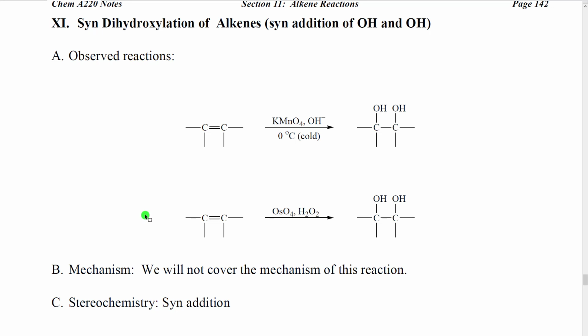We can also do syn dihydroxylation. We're going to learn two reagents for doing this. The first of these is potassium permanganate, KMnO4. To do syn dihydroxylation with potassium permanganate, we mix potassium permanganate plus hydroxide ion, and we cool